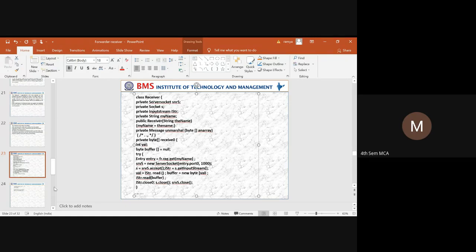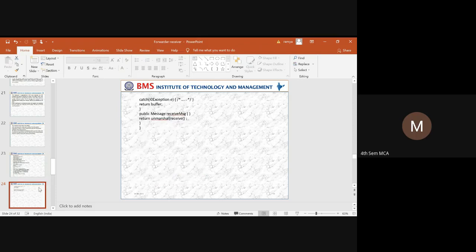All these things will be taken as an exception. Once the exception is raised, whatever data is stored in the buffer, it should return that. When the receive message is implemented, it should unmarshal in the receive function.